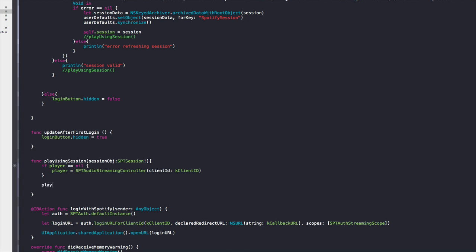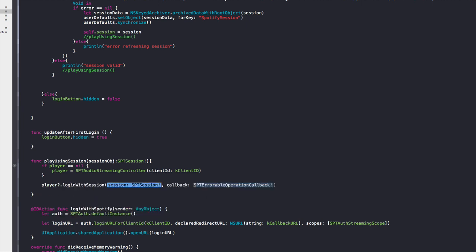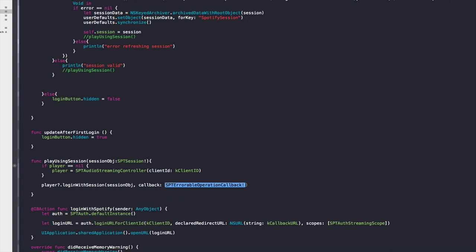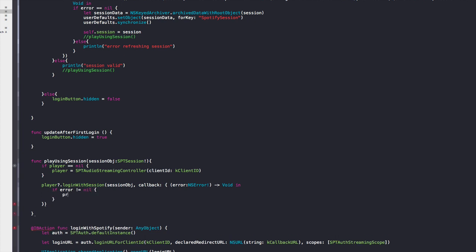So let's say player loginWithSession and a callback. So we will use our session object and a callback, and here we go, and there's only an error, NSError. And if the error is not equal to nil, we can say println